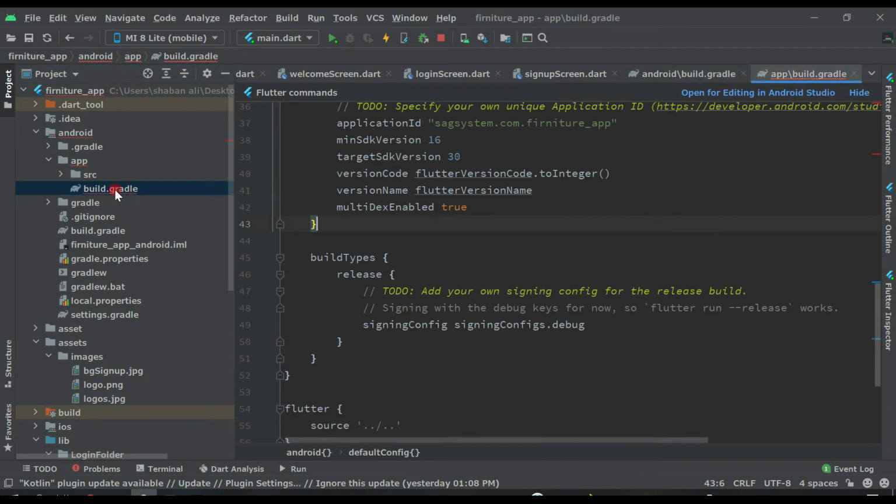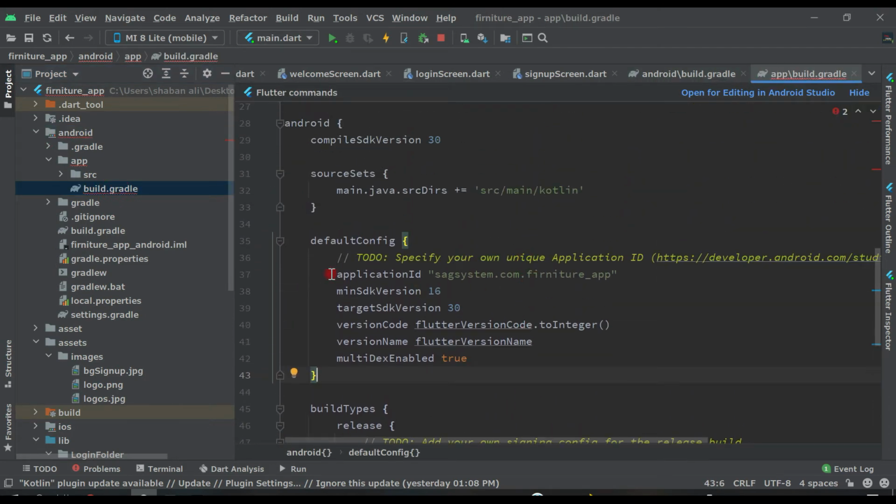Click here and you will see application ID. This is your project ID. So here let's remove this underscore app like this. So make sure you do like this, remove the underscore and just copy this.